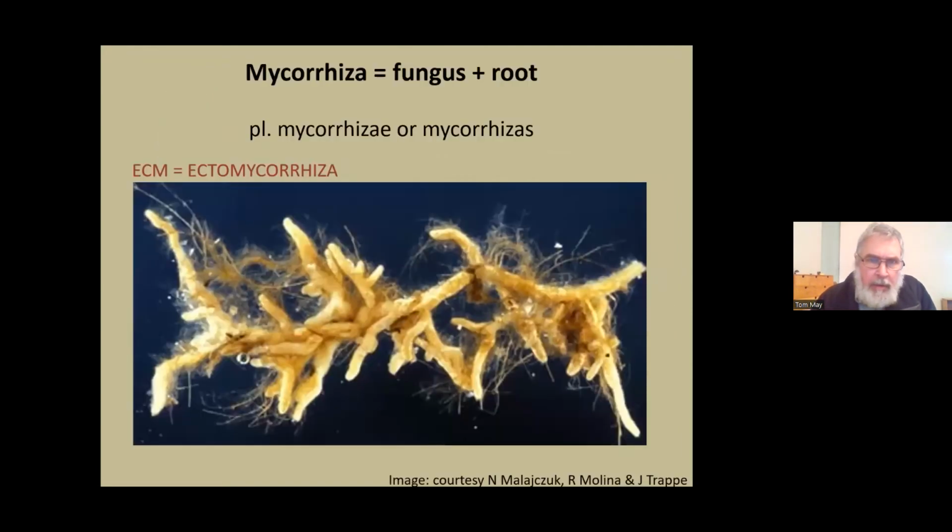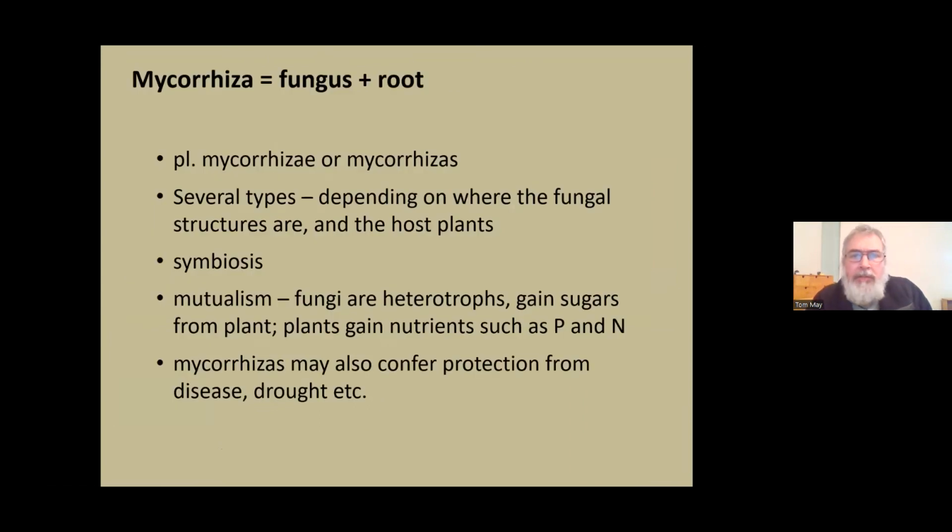Actually, I'm just going to go back. I think I missed a slide. There we go. So a mycorrhiza is a symbiosis, and it's a particular type of symbiosis, which is a mutualism. So that means there's benefit to both partners. Now, fungi are heterotrophs, they don't fix carbon through photosynthesis. And so they gain sugars from the plant, and I guess there's a swapping there. The plants